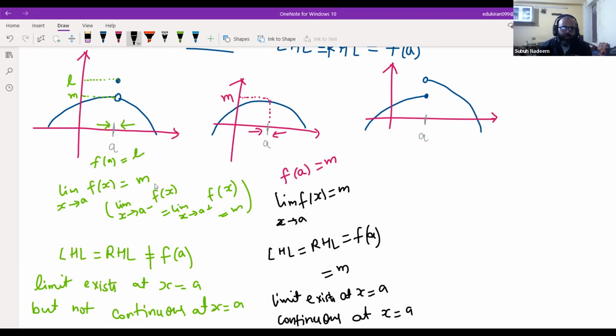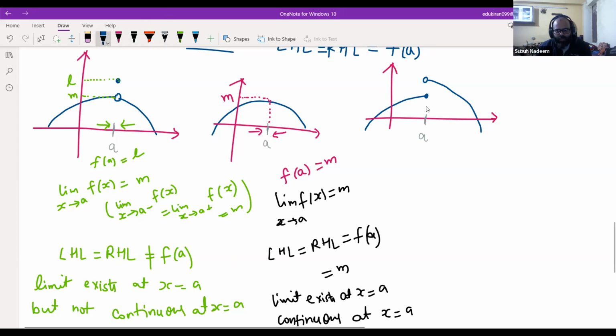Clearly, you don't have to lift a pen. A smooth curve is drawn without lifting the pen. In the earlier one, you have to lift the pen. In the third one, what happens? So in the third one, if you see here, what is happening at